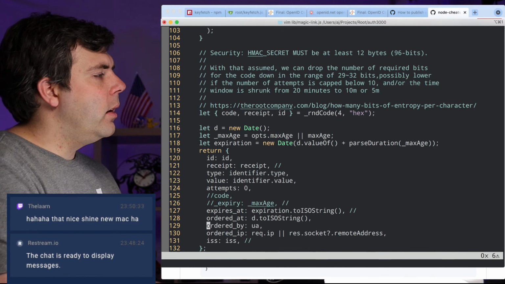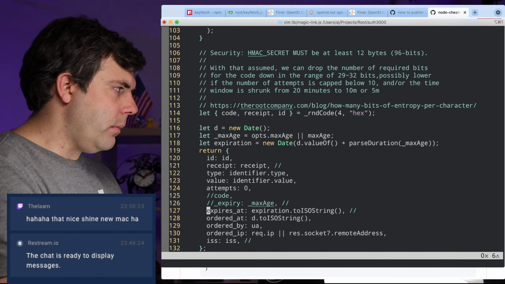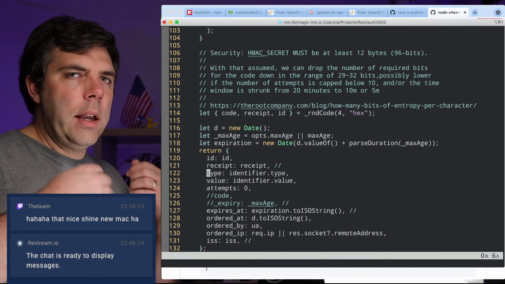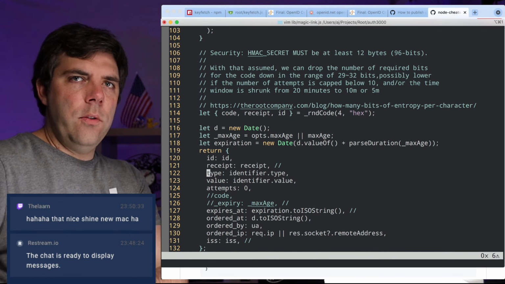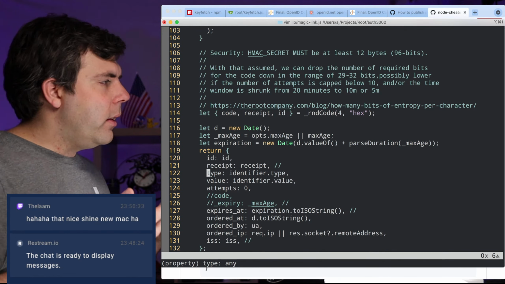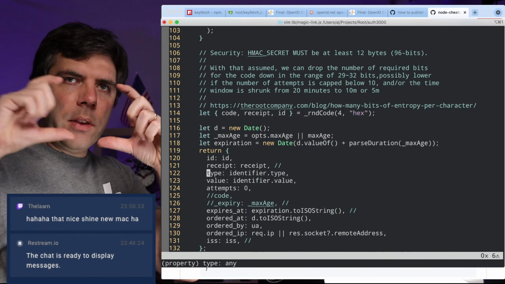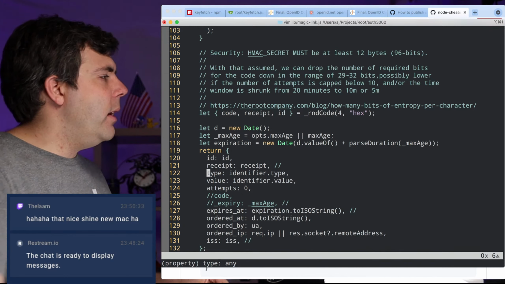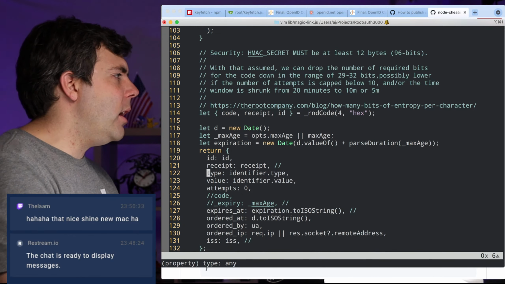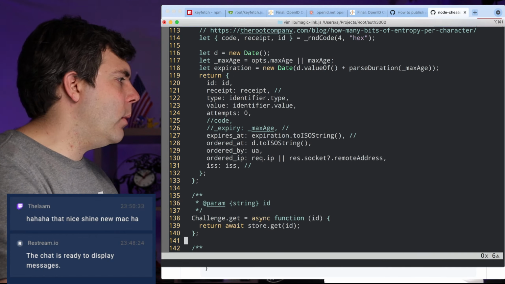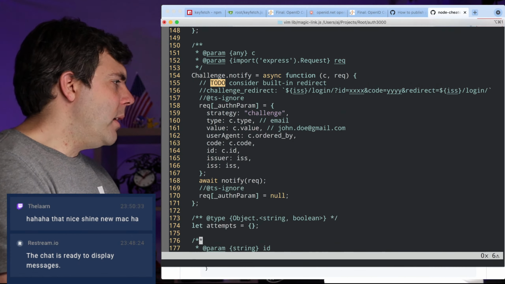And then this is the information that gets stored in a JSON column in a database, just so that we can say, okay, send out this secret via email. If they click the link, or if in the email they see the code and they type in the code, then they're verified. So it's a challenge response process. That's what it is. So I'm just trying to separate this out.